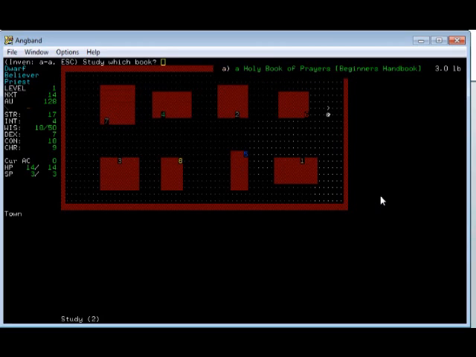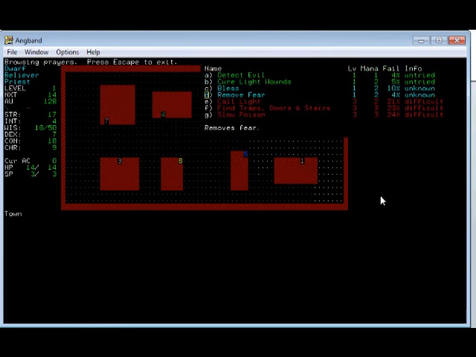We study which book? Well, we only have the one. We've learned the cure serious wounds prayer. You may be like, why didn't I get to pick? Priests don't get to pick which spell they learn. Arcane casters do, divine casters cannot, I guess because it's stuff from their god. You can hit B to browse and see all of the possible spells you could have learned. And